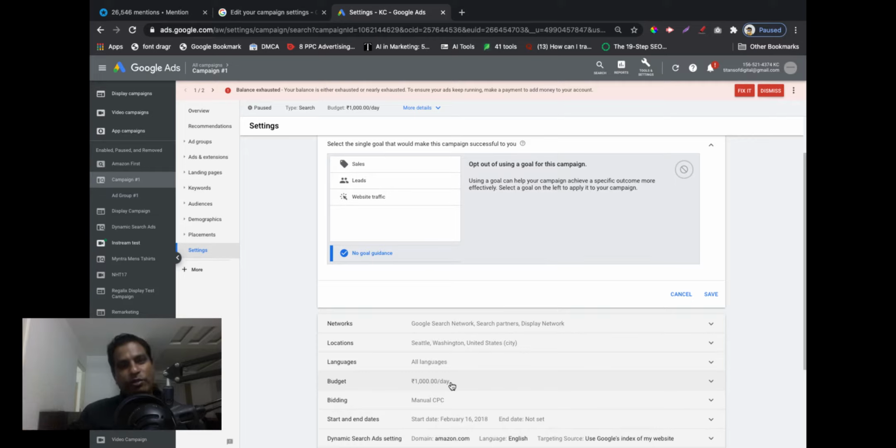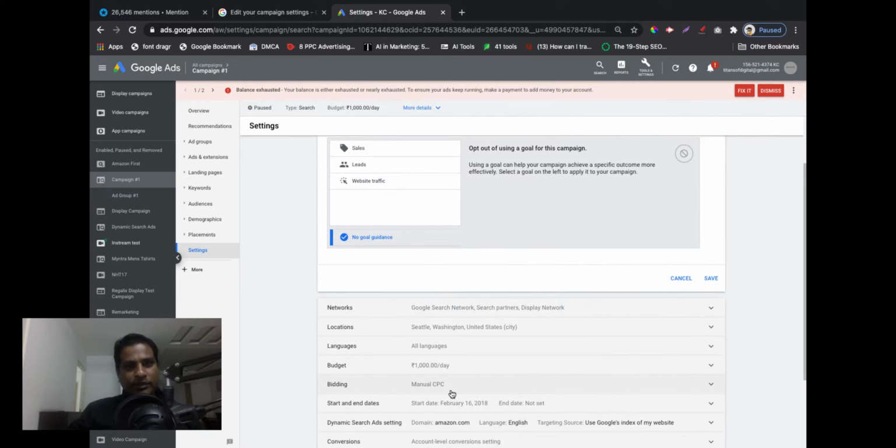But if you have 1 rupee or $1 per day, your ads might not run because your bids may be higher than that. It is like I want to buy a chocolate worth $2, but I only have $1, so my ads will not run, right? So we will talk about this budget and bidding correlation and how it is calculated and impacted in another session. This is only to understand the basic campaign settings. Bidding, as I said, manual CPC. Manual CPC, as the name very simply tells you, means that cost per click is going to be decided by me manually. I don't want Google to automatically go ahead and bid however much it wants. That's all it means at this point in time.